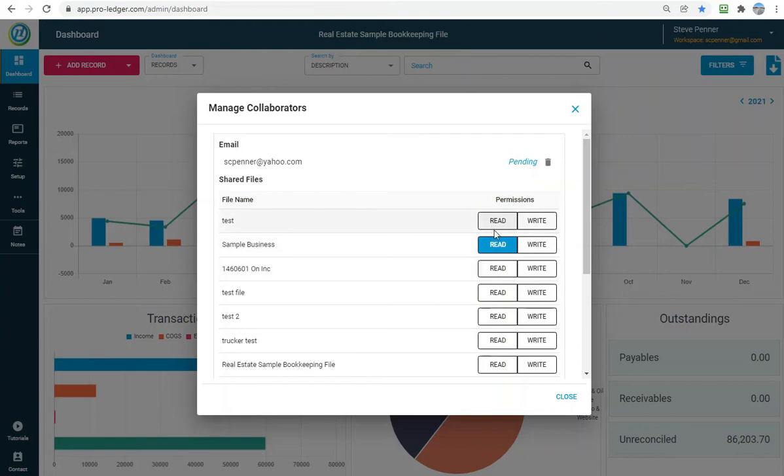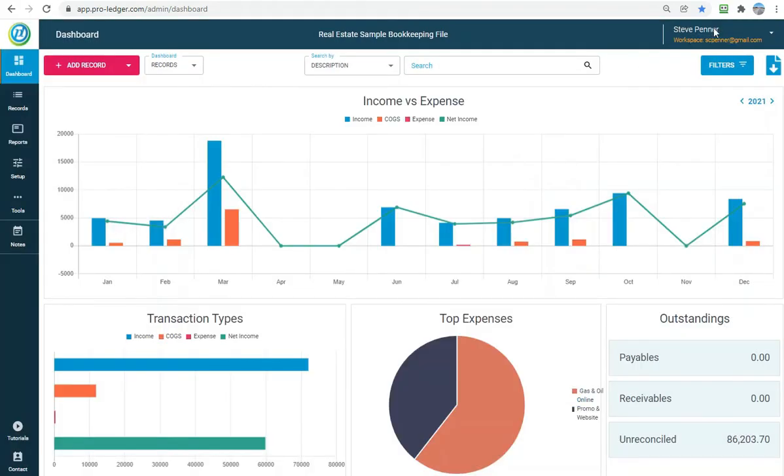And then of course, if you give permission on this file only, they'll have no access to the other files that you might have. So if your ProLedger Online account has lots of files, not to worry, you can just give permission for the one file, and then when you're done giving permission, you just revoke it, or you can even delete the collaborator from your list of collaborators, and that person will no longer see you in their workspaces,